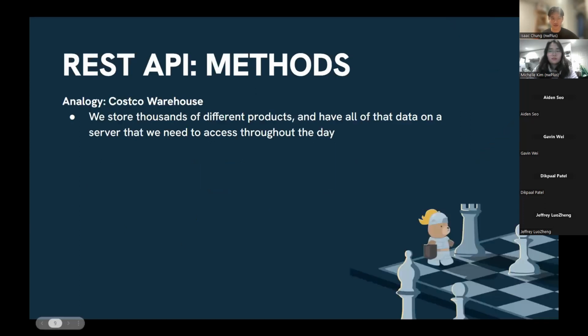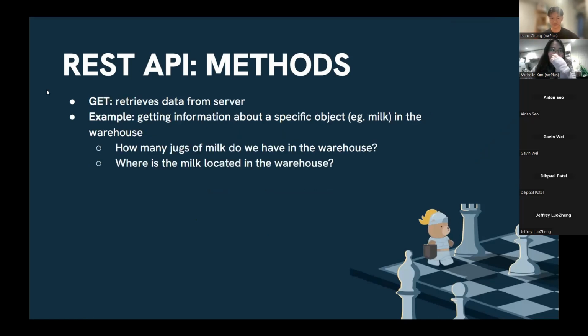All right. For the next part, we're going to go over the REST API methods, and I'm going to give it to you in terms of an analogy. Say we have a Costco warehouse, and we store thousands of different products and have all of that data on a server that we need to access throughout the day. If we have a GET request, this means that we're retrieving data from the server. In the example of our Costco warehouse, that means we're getting information about, say, a specific object, like milk,